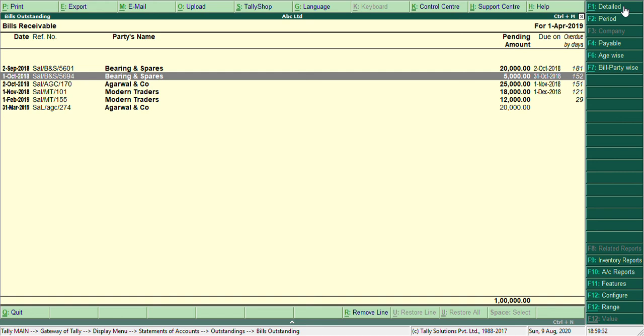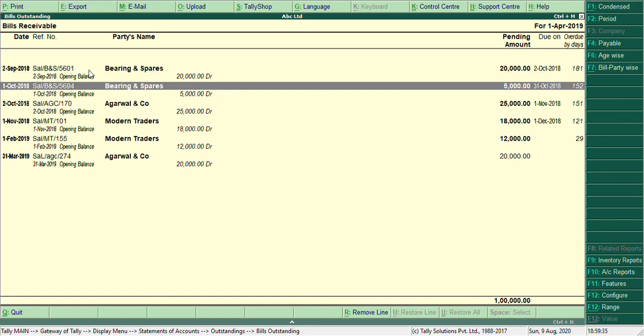If you want to see details, press Alt and F1 with the bill date, bill name, with the opening balance and the transactions. Transactions will come over here. You can see their pending amount. When you receive cash or cheque from them, it will be adjusted accordingly.